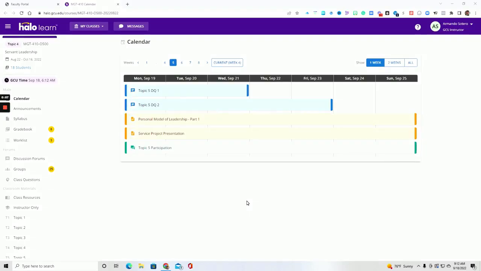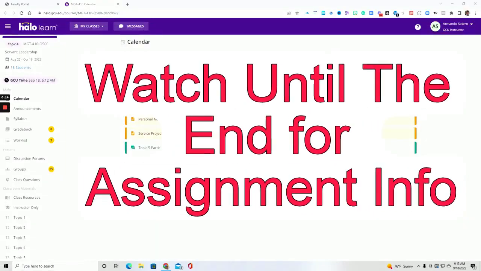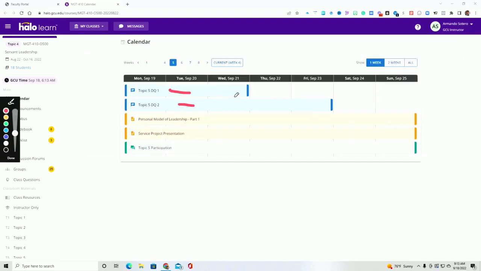You have reached the midway point of the course, so let's make sure that we finish the last 4 weeks extremely strong. So as always, let's go over a couple of things. As you know, you have your 2 discussion questions, the first one due on Wednesday and the second one due on Friday. And again, just as a reminder, for your topic 5 participation, you must have at least 6 open-ended questions to your peers, and you must be posting replies at least 3 out of the 7 days of the week.